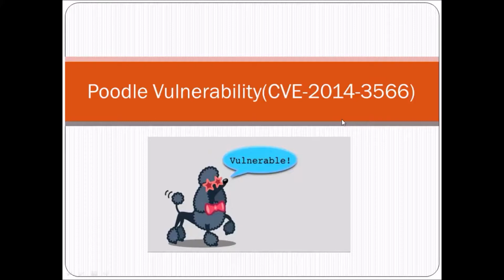This vulnerability allows the plain text of secure connections to be calculated by a network attacker. Most importantly, this exists in all the browsers. You can take it from the latest version of the browsers. This is a client and server issue. So if we want to overcome this issue, we have to disable SSL version 3 on either side.